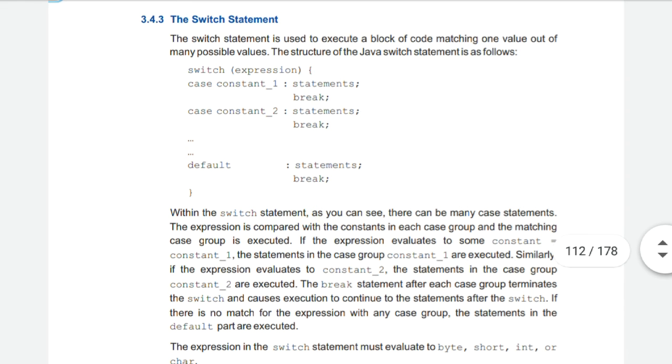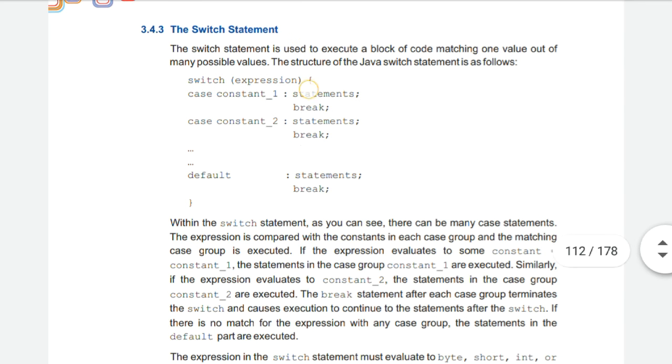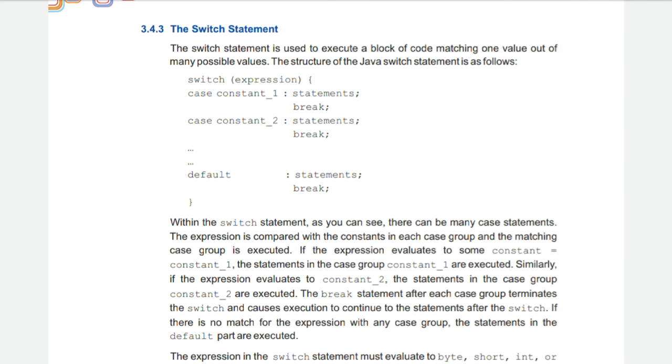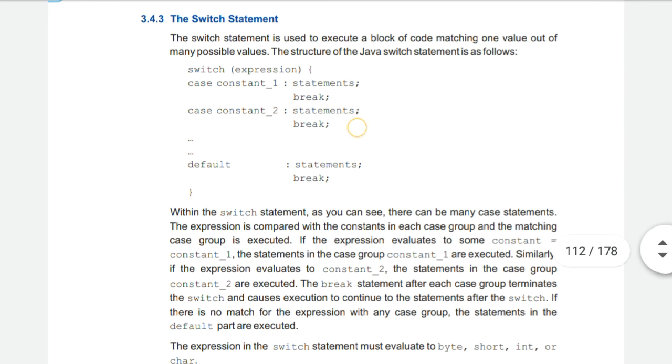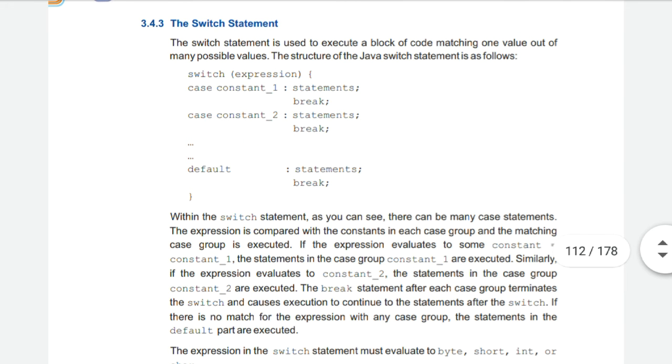The expression is compared with the constants in each case group, and the matching case group is executed. It means this expression will be compared with all the cases, and the case which satisfies the expression, the statements in that particular case will get executed.